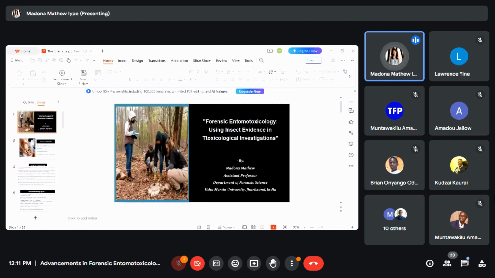Then, whether the corpse has been disturbed after death. So it gives a clear idea about whether the dead body has been moved from the primary crime scene to the secondary crime scene. Then it can give ideas regarding the time elapsed after the crime, the season of death, basically because we all have